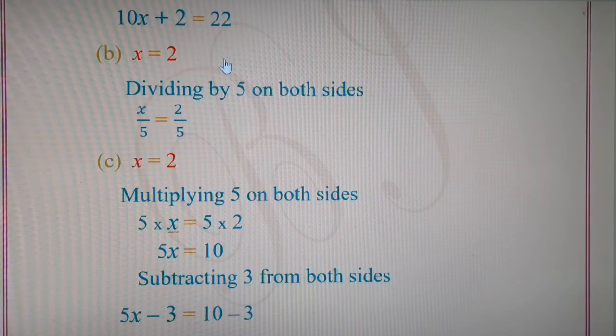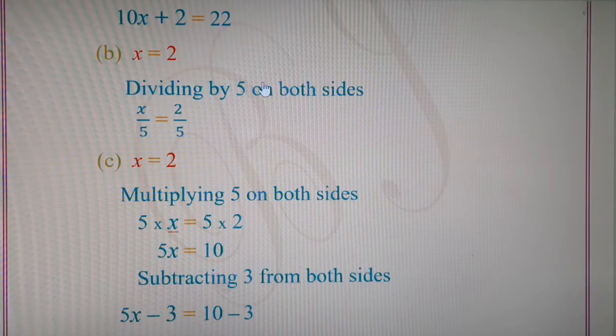So let us start the first step and we are using the division rule first. We can use any of the rules, but in this let us try using the division rule. So first we will divide by 5, or we can divide by any other number also. But in this particular case, we are dividing by 5, dividing 5 on both the sides.